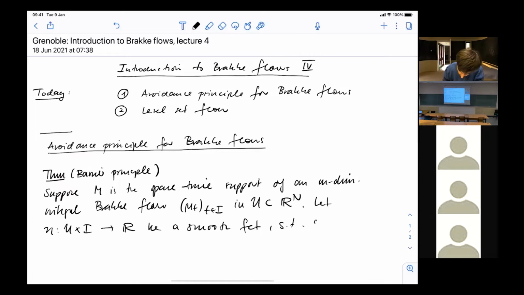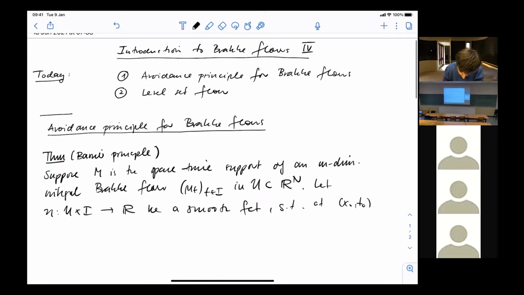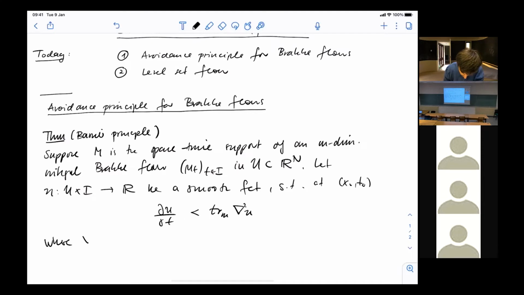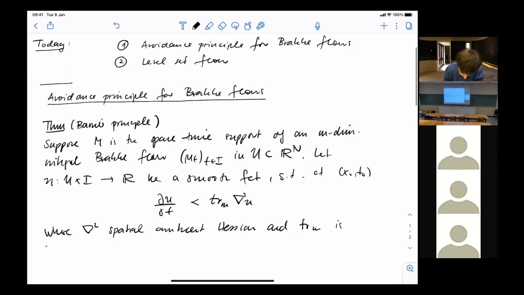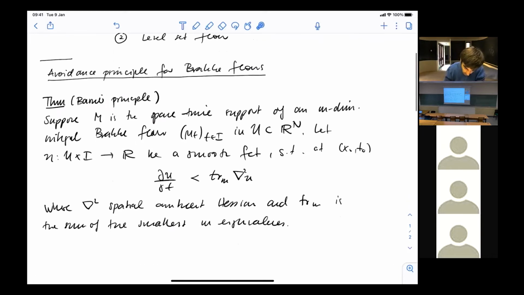such that at the point (x0, t0), we have du/dt is less than, I'll define this, the m-trace of the Hessian of u, where nabla^2 is the spatial ambient Hessian, and trace_m is the sum of the smallest m eigenvalues. You can also see this as you take the trace over any m-dimensional subspace, and then you minimize over all m-dimensional subspaces. But since the Hessian is always symmetric, you can just take the eigenvalues. Then,